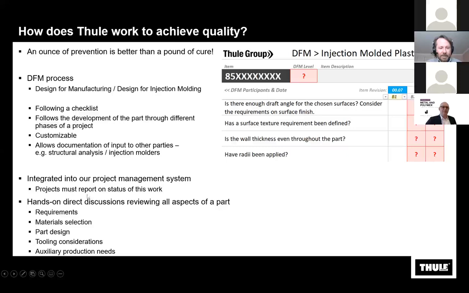What I've said here is also that we've integrated this into our project management system, which means that when we are designing a new product, the project managers must report on the status of this DFM process before they are allowed to go to the next phases in the project. And this process gives us hands-on, direct discussions with the different